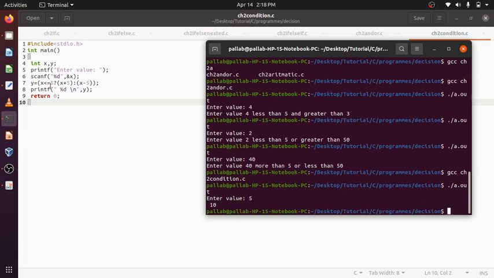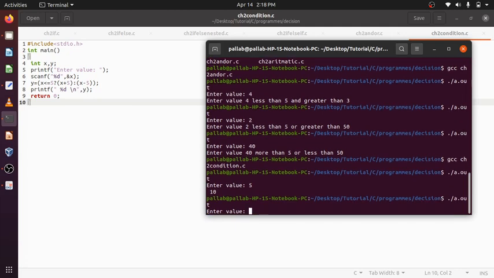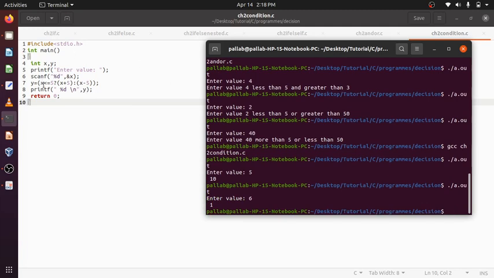Value is 5, x less than or equal to 5, yes, so x plus 5 is put into y, so the value of y is 10. Now we will enter value 6. x is 6, less than or equal to 5, no. So 6 minus 5 is 1, 1 is put into y, we get 1.